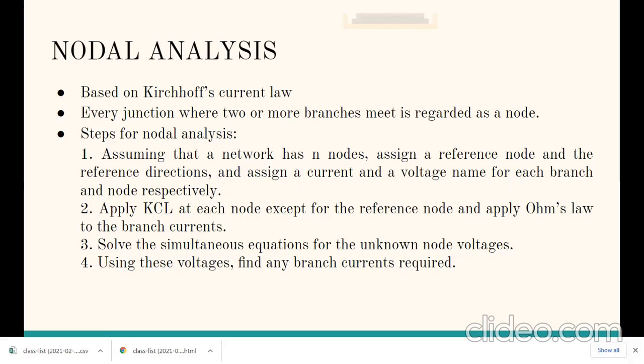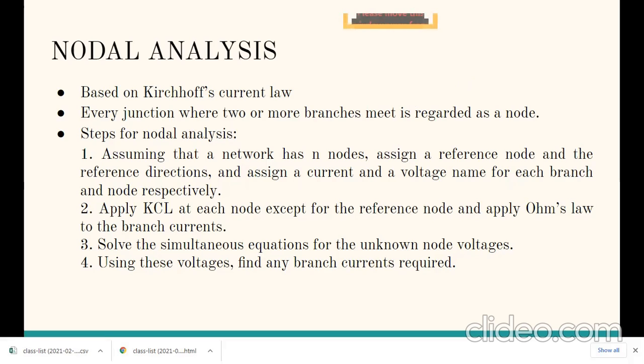Okay. Now, for finding the current in any particular branch, if the value of the resistor is known and the node voltages are known, we can apply Ohm's law. For example, if we have a resistor R, and at the two terminals of that resistance the voltages are V1 and V2, then the current I flowing through that resistor can be stated as (V1 minus V2) upon R, assuming that V1 is at higher potential and V2 is at lower potential.